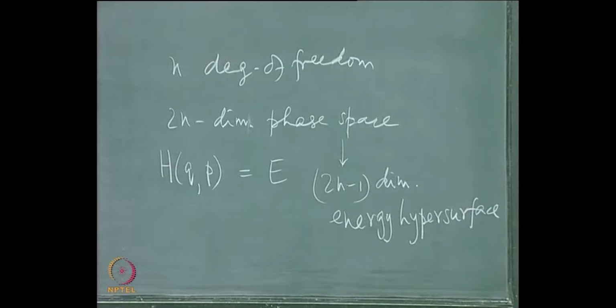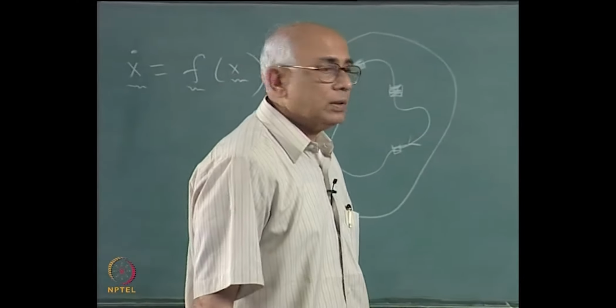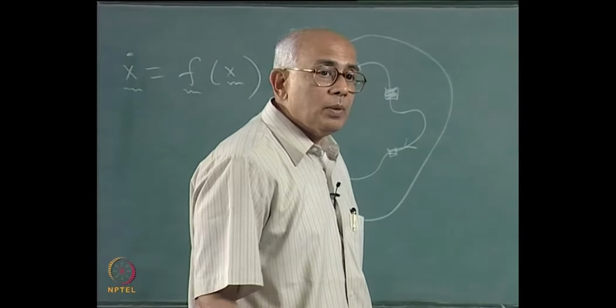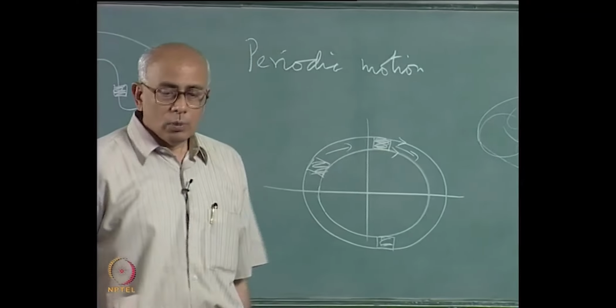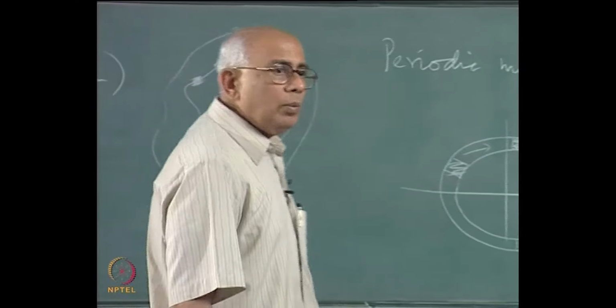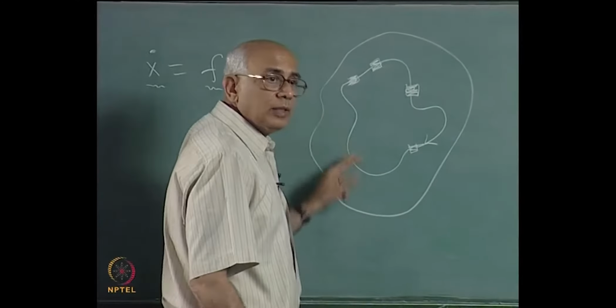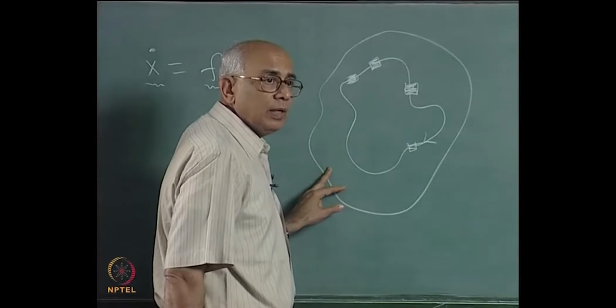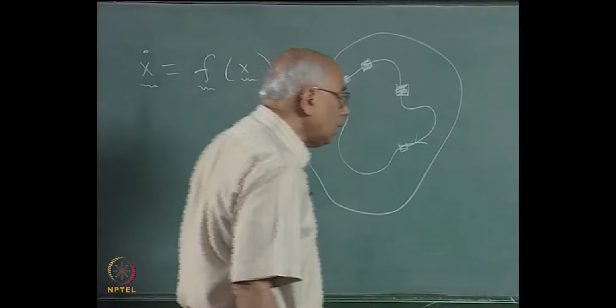And the question arises, what kind of motion can we talk about on this energy hypersurface? What kind of thing would this be? It would certainly not be quasi periodic, it would not be periodic, namely no closed trajectories typically. What would then happen? Well, one possibility is that if this is your phase space, imagine this to be the 2n minus 1 dimensional energy hypersurface, and you start with a set of initial conditions, it is entirely possible, and